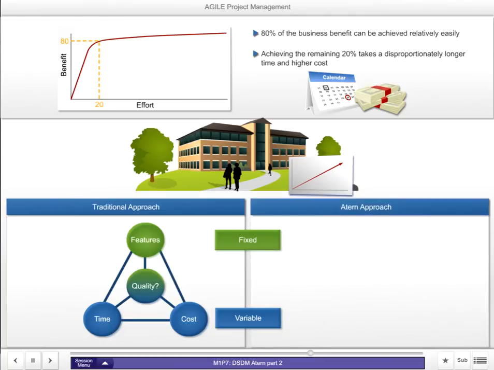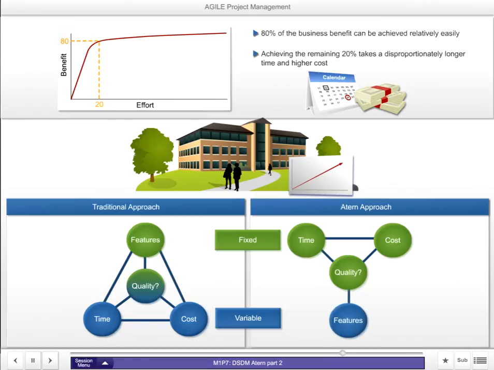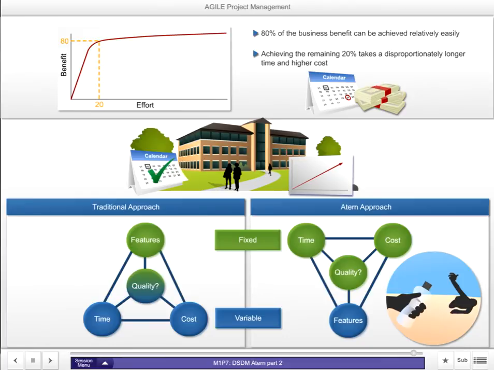Tern takes exactly the opposite approach and agrees the timescale and costs very early in the project, along with the required quality standard. The requirements or features are prioritized, and the minimum usable subset of these will be confirmed. If problems occur during the project, then the time and cost elements are kept fixed, and the lesser important features will be dropped so that the original deadlines can be achieved. The on-time delivery of a working but less than 100% solution is seen as being preferable to the late delivery